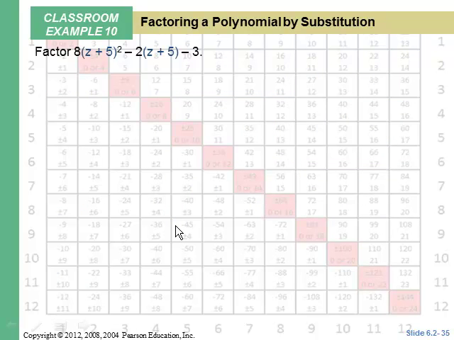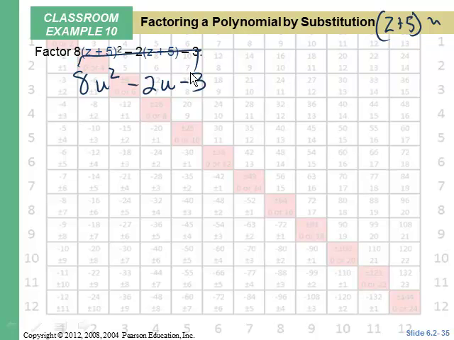Sometimes it's easier if we substitute. Instead of z plus 5, let's call it u. Then we've got 8u squared minus 2u minus 3. What two numbers multiplied equal negative 24 and are 2 apart? Here they are, 6 and 4. So we'll split that into